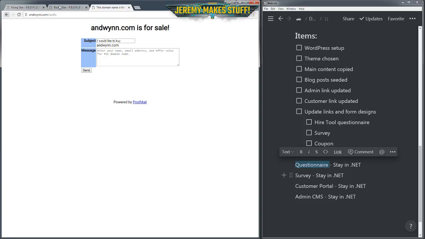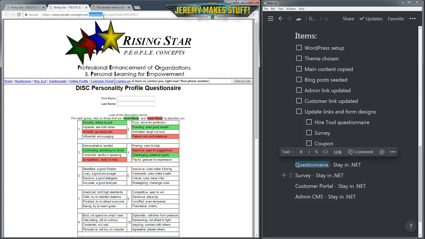But I know that I can also get to the rest of the URL as well as the query string. So using JavaScript for the questionnaire and the survey, because the survey does a similar thing with the URL. I don't remember exactly if it was just a token or an ID as well, but it doesn't matter. Whatever the query string is, I can use JavaScript for these two.